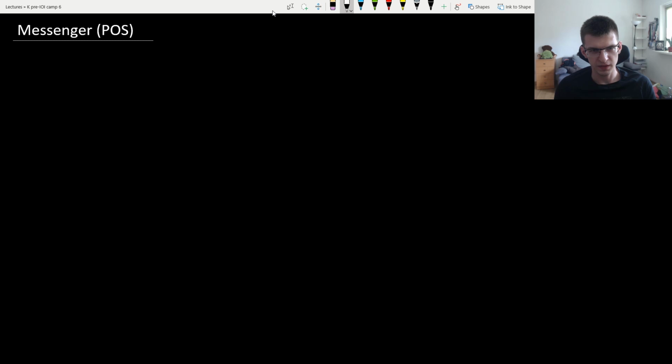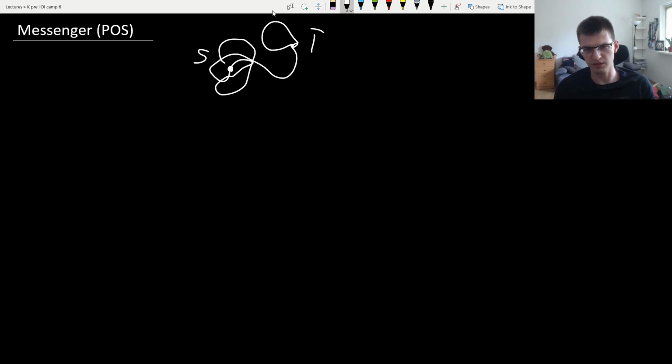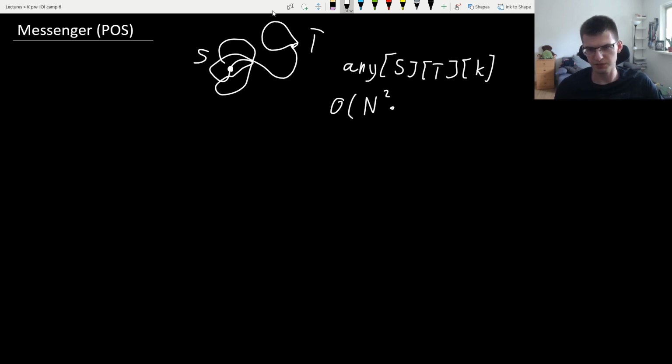Okay. We can preprocess the number of all the paths from S to T, maybe visiting S and T multiple times. This will be any of S, T, and the number of steps, say K. K is the number of steps. In what complexity can I do this? For every starting vertex, there are O of n squared times d states of this dp, and for each of those I iterate over the next vertex after t. So I could say that this is times n, but in fact, yet again, the number of possible t and k are d times n,